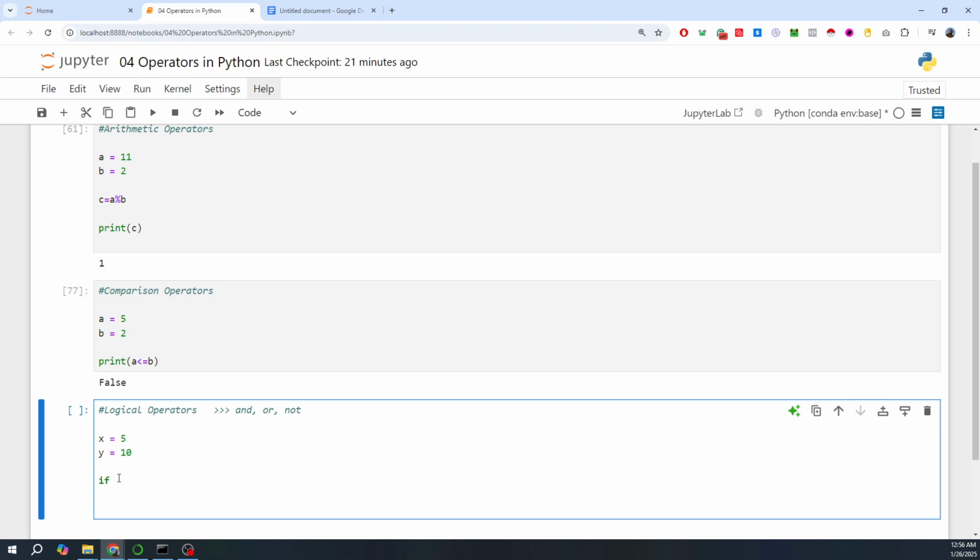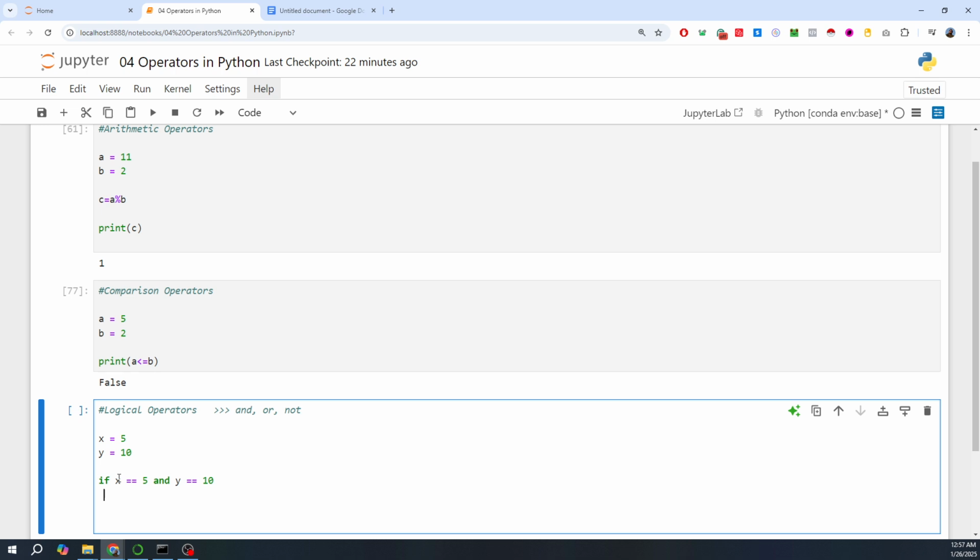The if structure, I haven't made any video about it. This is a structure for conditional use, for putting a condition in the code. Okay, so let's first start with the and. Here we check if x is equal to 5 and y is equal to 10,